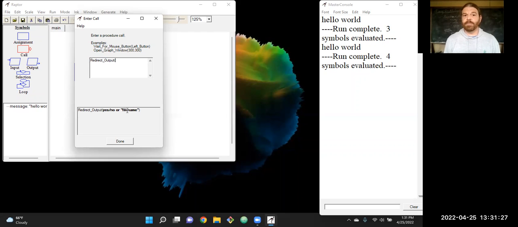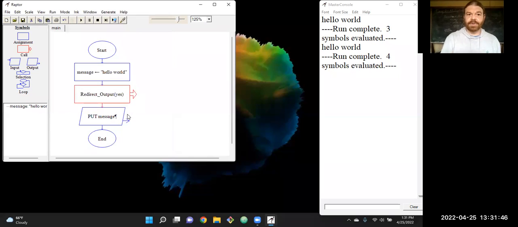So when we're programming, we need quote marks around it. If we know exactly where it goes, we could say go to the test.txt file, which is what we're going to do in our example here in a moment. I'm just going to put yes here to show something, because we can also put yes or no in place of true or false. And then we're sending our output somewhere else,